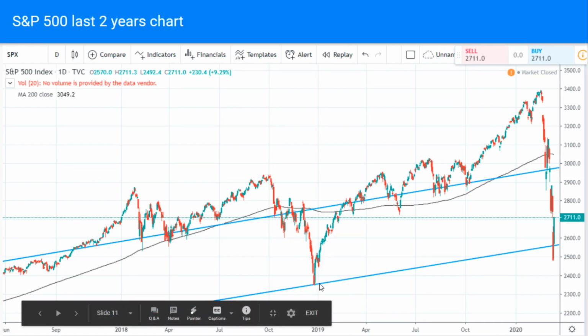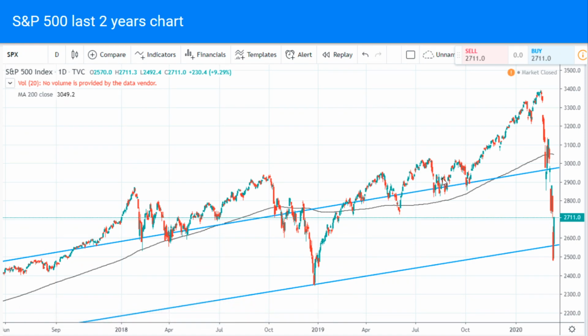And this is where that 12-year trend line comes into play. This is where it found support, and the trend remained intact, and the market bounced back, and we had some sort of a V-shaped recovery. And then again, this